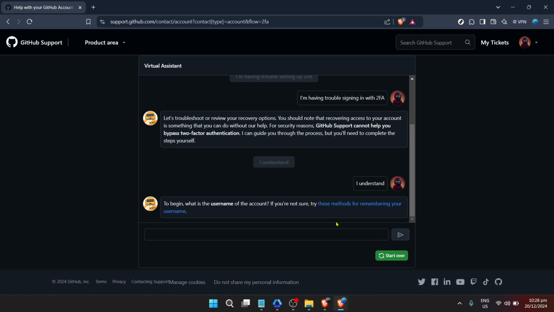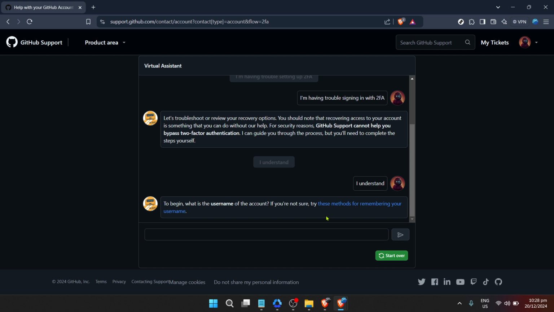It's worth noting that response times can vary depending on the complexity of your issue and the volume of tickets GitHub is handling at the time. However, the platform is renowned for its supportive community and robust support system, so rest assured that your query will be addressed. While waiting for a response, consider browsing GitHub's extensive documentation and community forums. Often you'll find that your question or a similar issue has already been addressed, providing you with immediate insights and solutions. This proactive approach not only potentially solves your issue quicker, but also enriches your understanding of GitHub's functionalities and best practices.